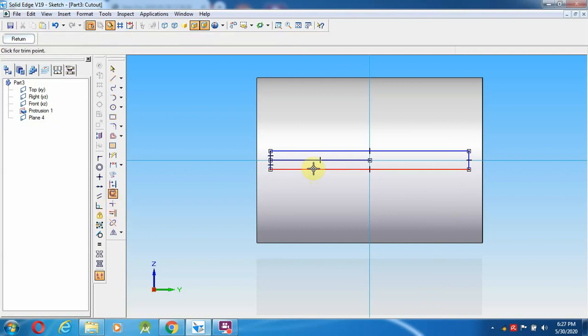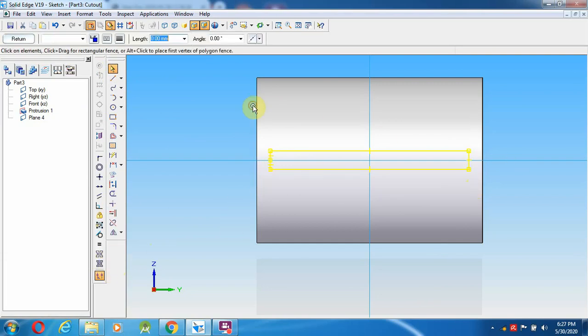Select the option called trim, and I'm still going to reduce 1 mm distance. So I'm going to make it 20 mm.